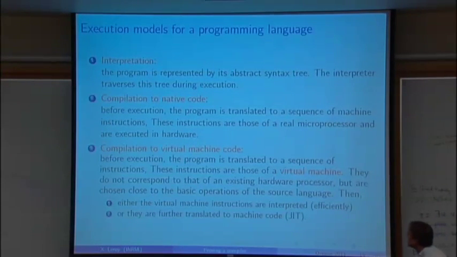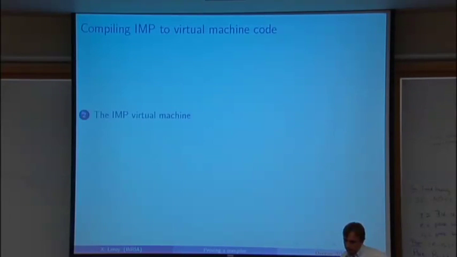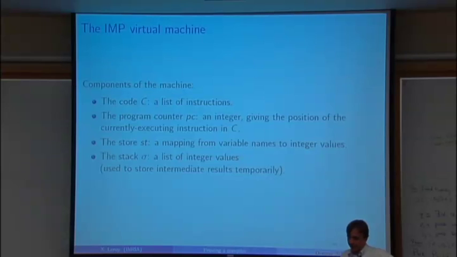So let's have a look at a virtual machine for IMP. It's going to be a very simple stack-based machine. It has 4 components. So there's a code, C, which is a list of instructions. So we'll see what instructions we have pretty soon. And then the state is in 3 components. There's a program counter, which is an integer that gives the position of the currently executing instruction in C. Then there's a store, as in the operational semantics, which maps variable names to their current integer values. And there is a stack, so just a list of integer values that we will use to store intermediate results